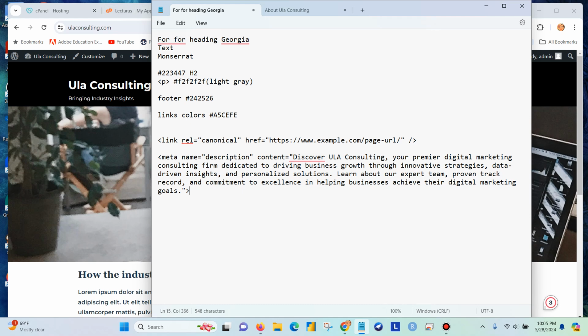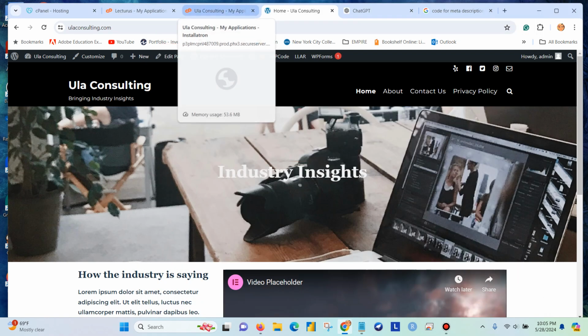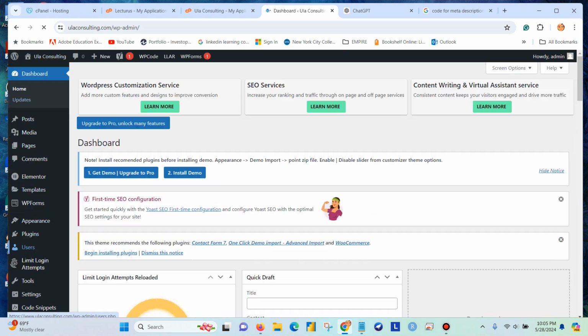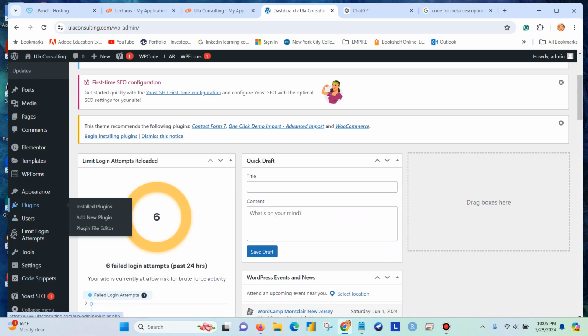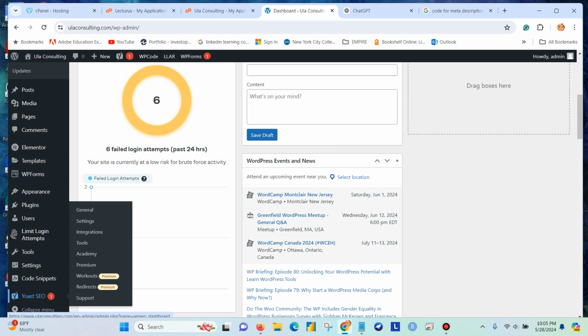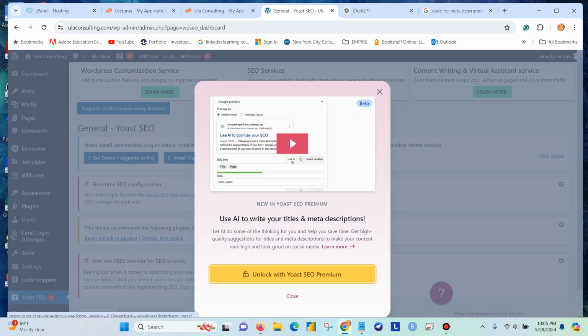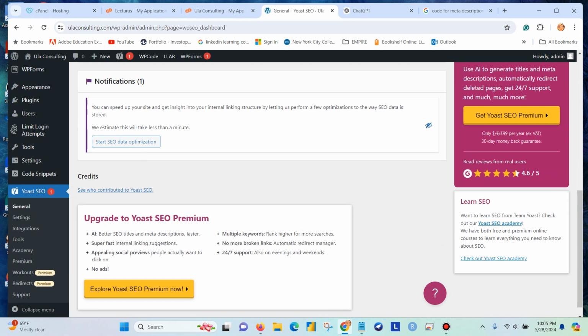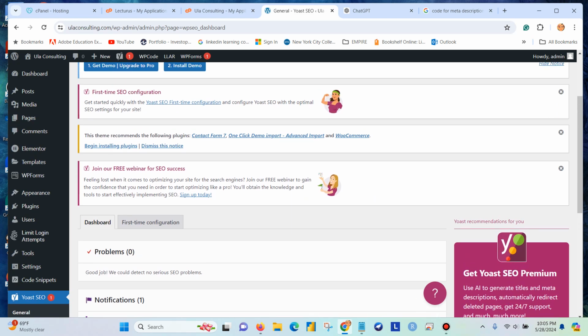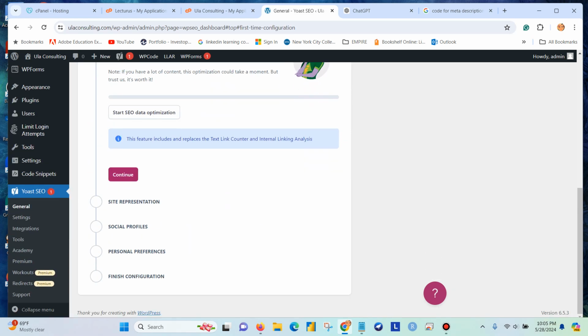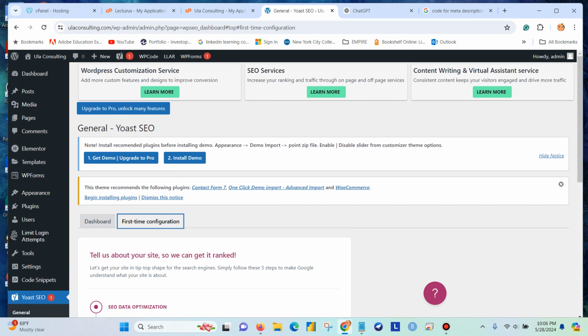So that's done with, there's more advanced, but that's done with Yoast. You have to kind of look for it. You have to configure site profiles, all of this, and then you get to a tab that has the sitemap. So it creates an XML for the sitemap, and you can add that to your Google search console, and